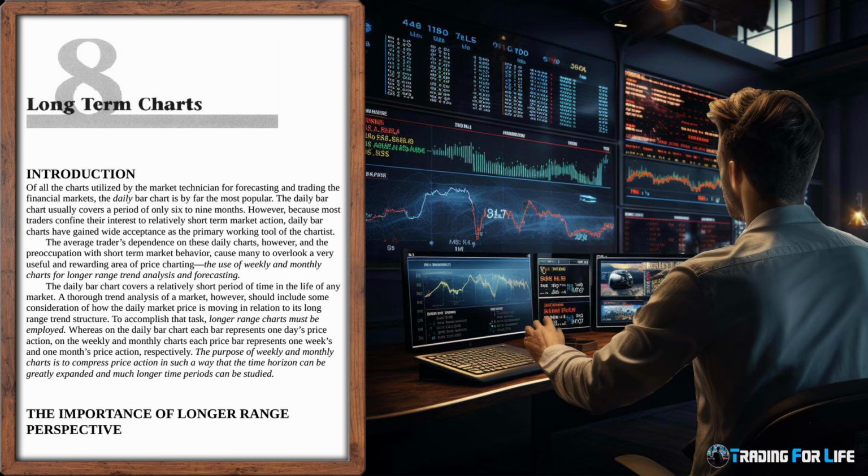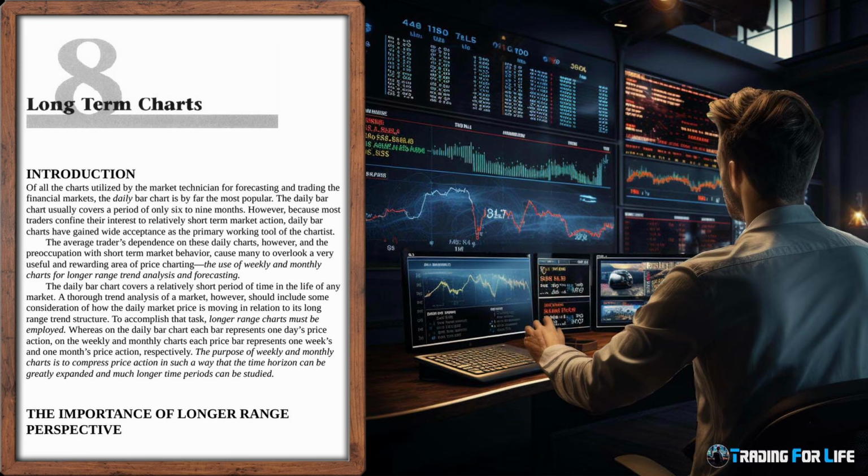The daily bar chart usually covers a period of only 6 to 9 months. However, because most traders confine their interest to relatively short-term market action, daily bar charts have gained wide acceptance as the primary working tool of the chartist. The average trader's dependence on these daily charts, however, and the preoccupation with short-term market behavior, cause many to overlook a very useful and rewarding area of price charting: the use of weekly and monthly charts for longer-range trend analysis